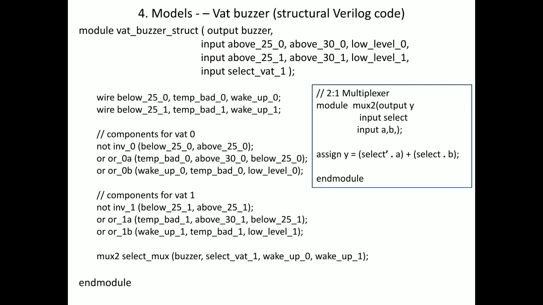Okay, for that sake, please use the proper names within VAT0 and VAT1. If by mistake you interchange the VAT1 components in VAT0 and the VAT0 components in VAT1, and maintain the same inverter 0, OR gate, inverter 1, OR gate like this, and you mismatch the names, it definitely will give the wrong output. Okay, please be careful about naming conventions and placing the proper names within the proper port list. If this has cleared up bugs and debugging, we will move further.